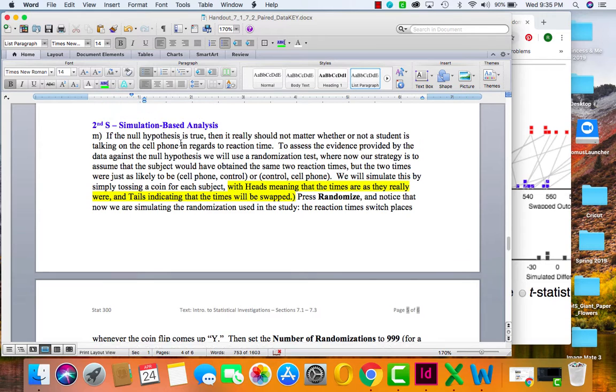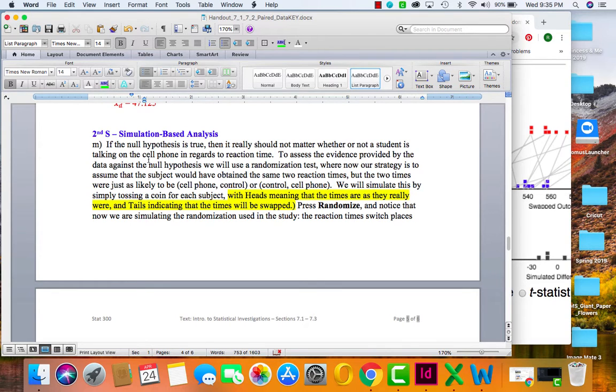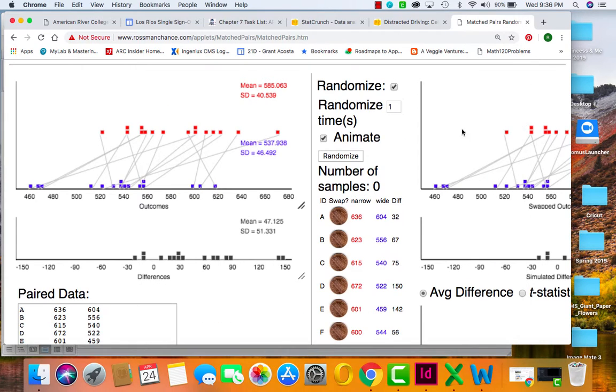So it's trying to simulate the null hypothesis, which means that it doesn't matter whether a student is talking on a cell phone or not. The reaction time should not be affected. So since we want to simulate that, what this does is it's going to switch. If it's heads, it's going to switch them, and if it's tails, it's going to stay the same, or the other way around. And so if we randomize, so click randomize,